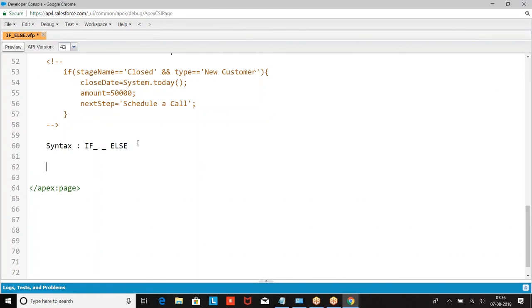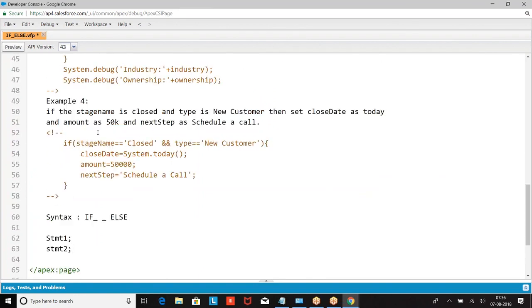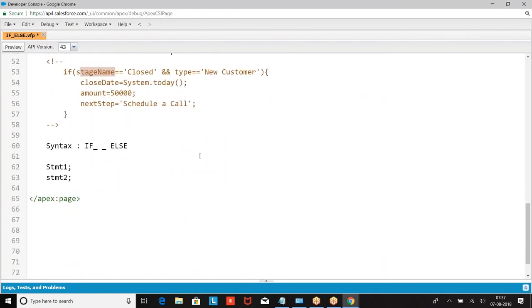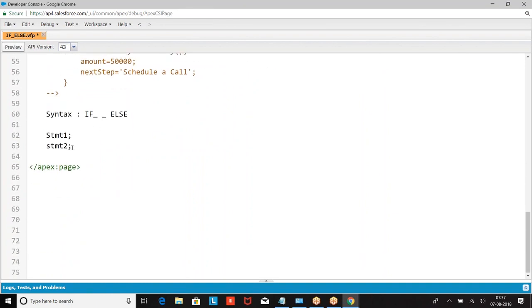Sir, one query. In the above program that you have written, we have variables. What would be the data type of them? We are assuming it's a snippet. If I write the code based on the data I am giving, if I want to create the variables, this will be String, this will be String, this will be Date, this will be Currency, this will be Integer, this will be String. Now we are not writing the complete program. We are only writing the snippet, the logic. Okay, sir. Got it. Thank you.